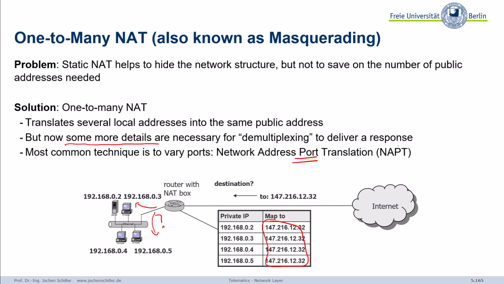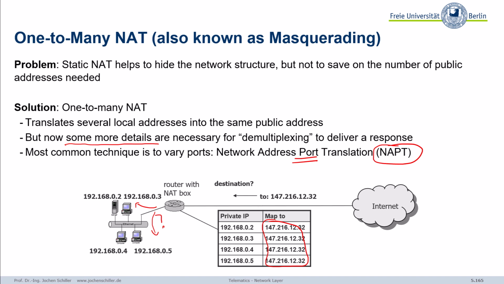So this is why we typically use NAPT, network address and port translation. And that's the most common technique. So we have one global, unique public IP address. That's what your DSL router has to the outside world. Only one for all your devices. But then this machine does not only translate your private IP into this single public IP, but also translates ports. And with the help of this combination, we can then